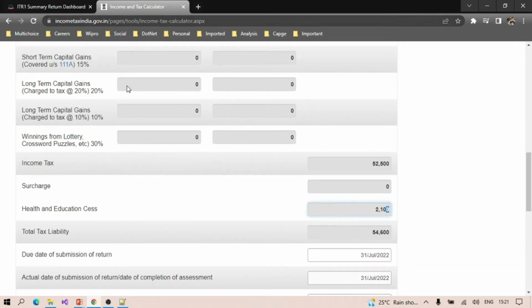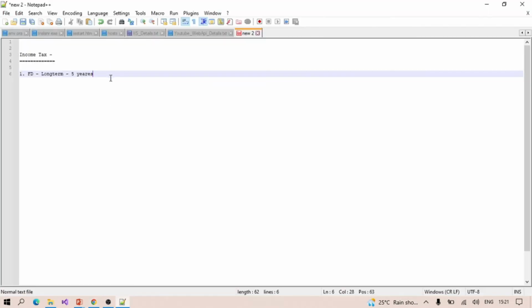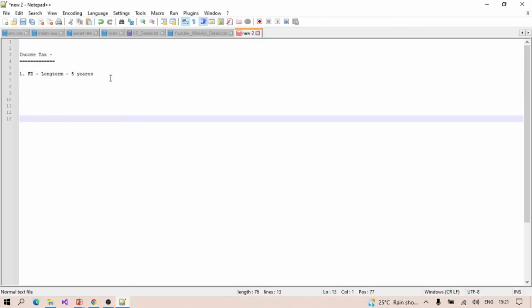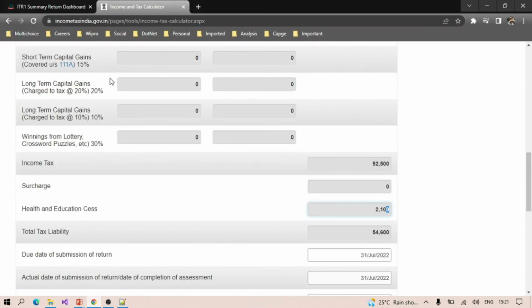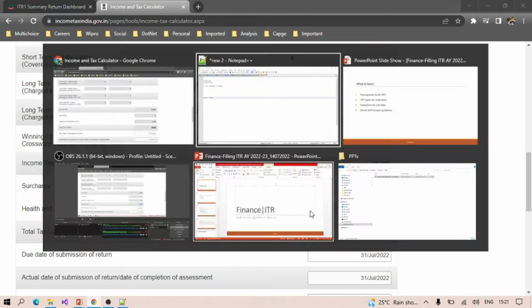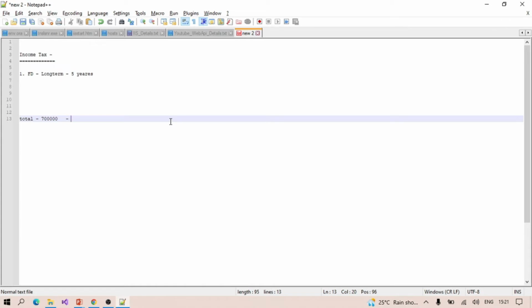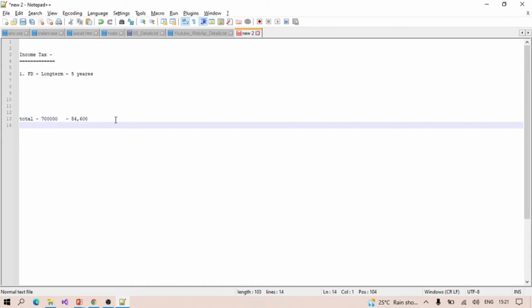So if we have a total income of 7 lakhs, how much will we be liable to pay? 54,600. Okay, so if we are showing some exemptions,